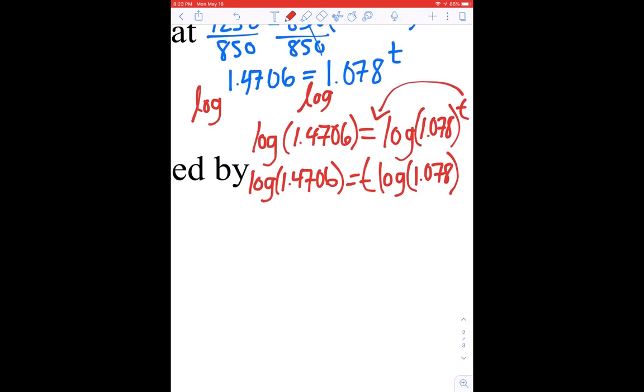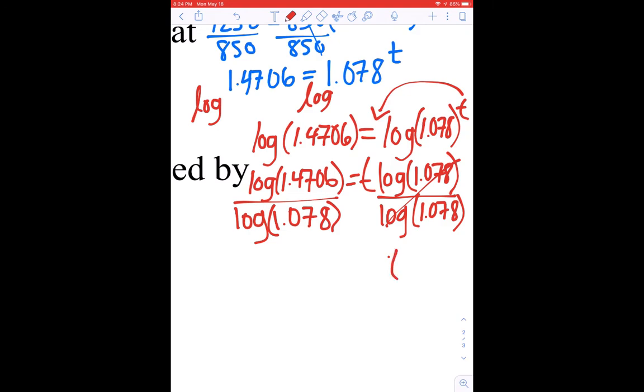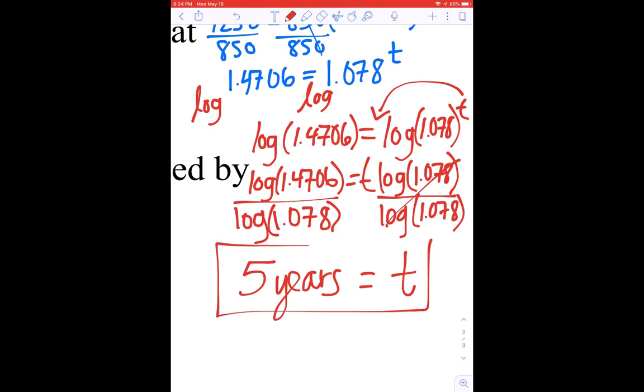Okay, now we have our T almost by itself. It's in the front, we just divide out this log and then it's all by itself. We had to get it in front because we couldn't get everything else gone if we didn't do that. So we have T equals, if you plug this correctly into your calculator, you should get 5 years. You should get 5, and it's in terms of years. So basically in 5 years, the